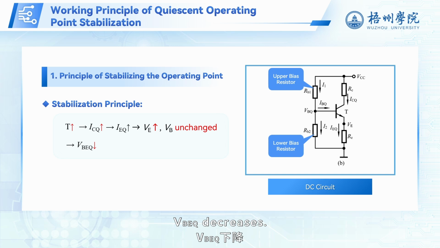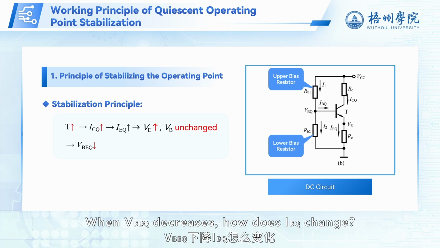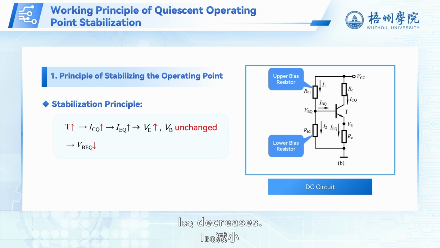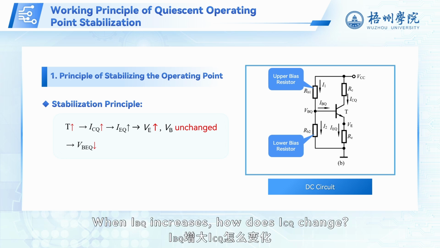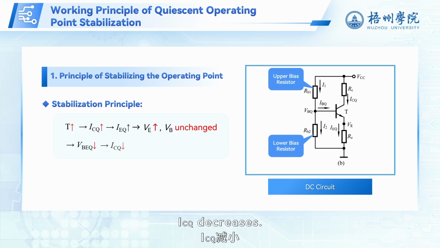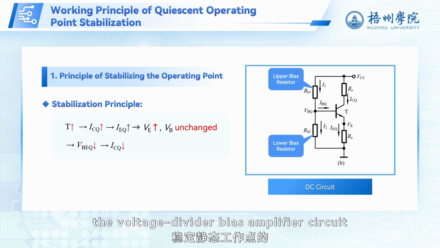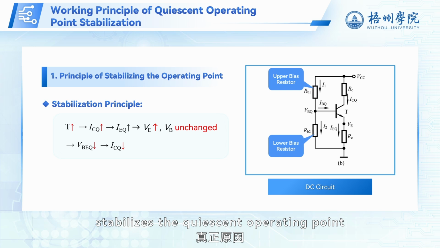VBEQ decreases. When VBEQ decreases, how does IBQ change? IBQ decreases. When IBQ decreases, how does ICQ change? ICQ decreases. It is evident that the real reason the voltage divider bias amplifier circuit stabilizes the quiescent operating point